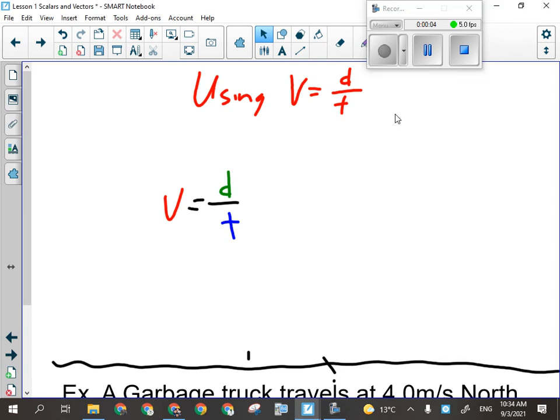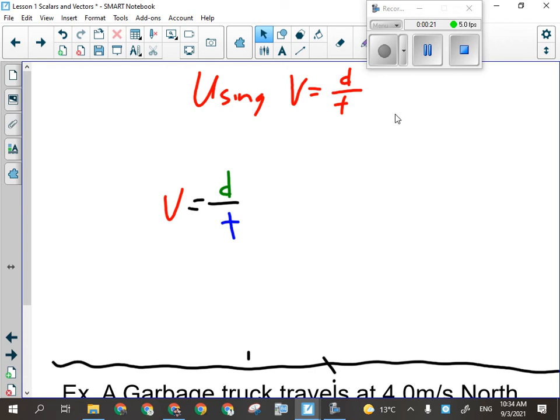So we've got to go over v equals d over t, okay? Using it to solve questions, sometimes questions that have like multiple steps. So what we need to first look at is the manipulation. Just a quick kind of review of algebra, and then we're going to talk about how this can also mean